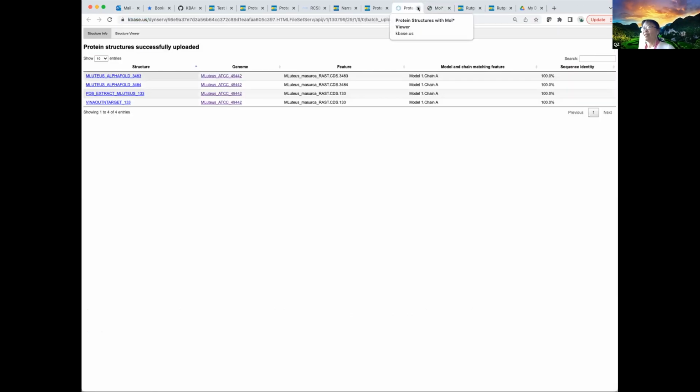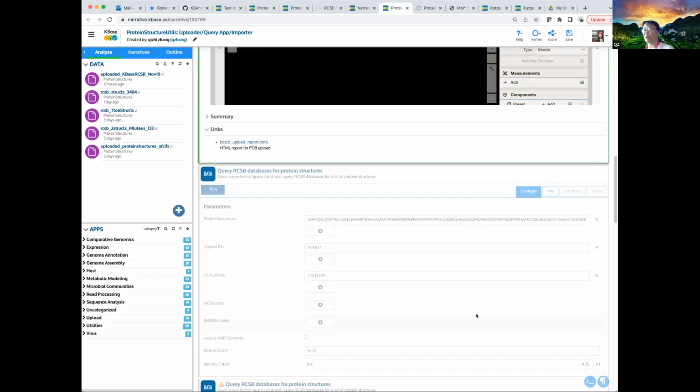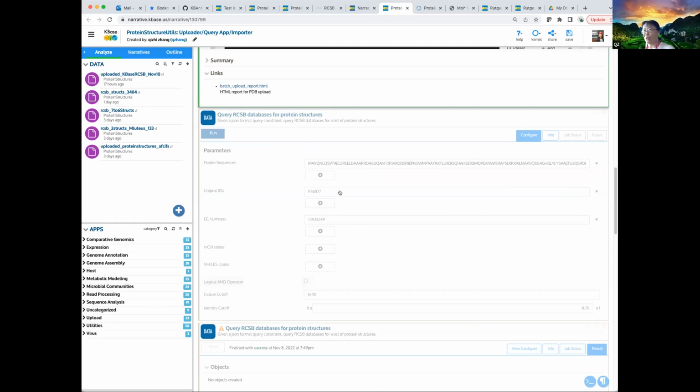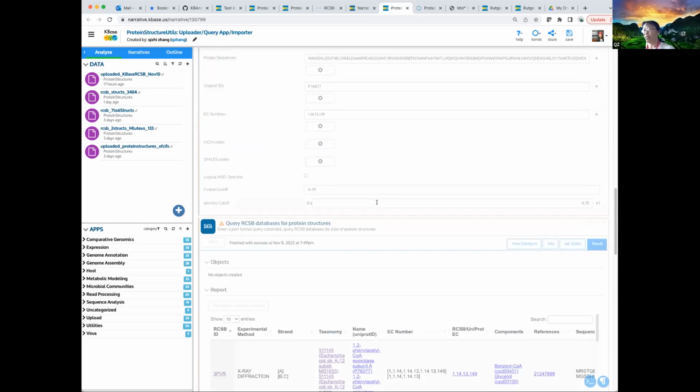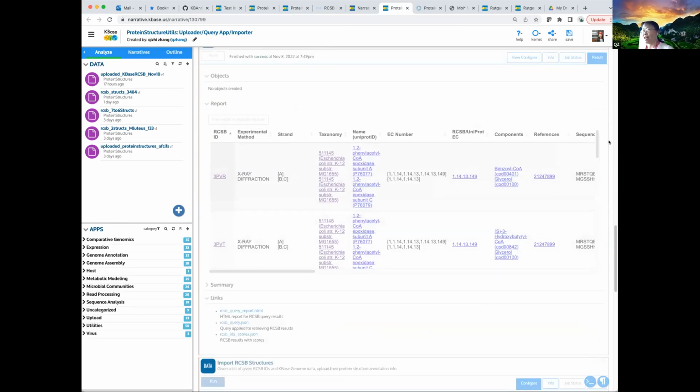All right, so that's the first app. The second one is for querying that I already showed. You can put in different filters, and then this is the result. I have a different